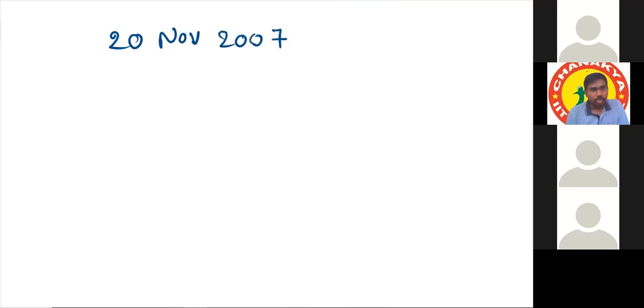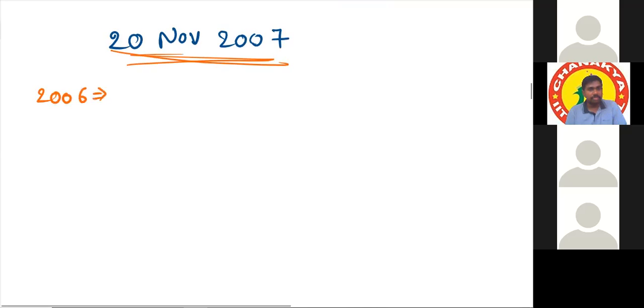Okay. Now, how to split that? First tell me which year we need to consider, 2007 or 2006? 2006. First, we need to find the number of odd days in 2006. How to split this number? 2000 plus 6. Very good. Don't consider 1600 now, because after 1600 the next multiple is 2000. So 2000 and 6 years.